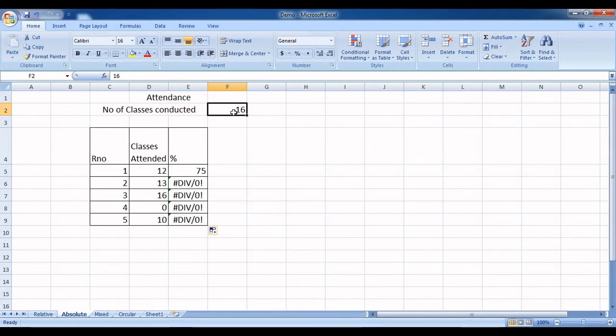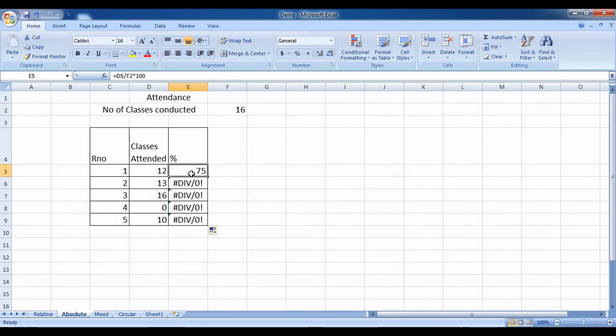Now we can tell MS Excel to keep the second part of the formula constant. Do not update F2 to F3 or F4 or F5 or F6. We can keep it constant. Keeping a certain part of your formula, a certain cell reference or cell address, constant is called absolute cell referencing, where it will not be updated. Neither a column name nor a row number will be updated when you drag it. It will remain constant, it will remain the same. Let's see how that can be done.